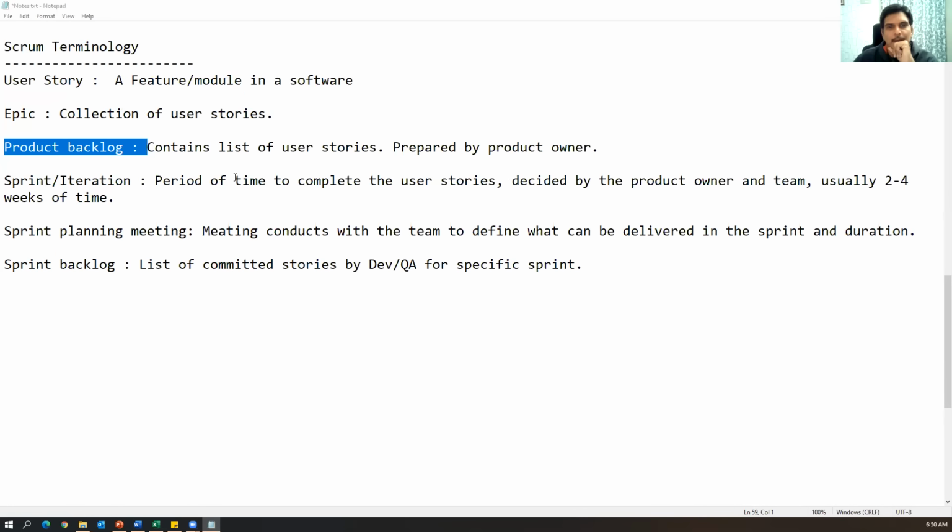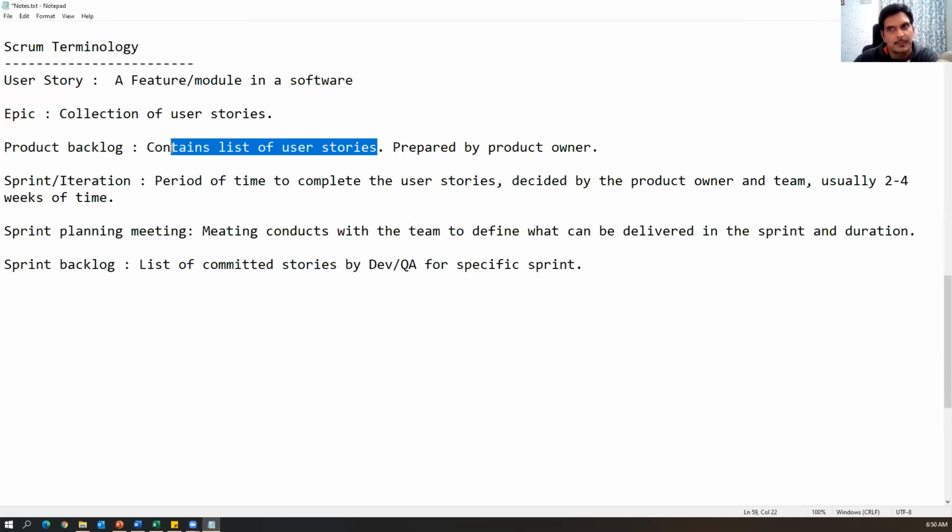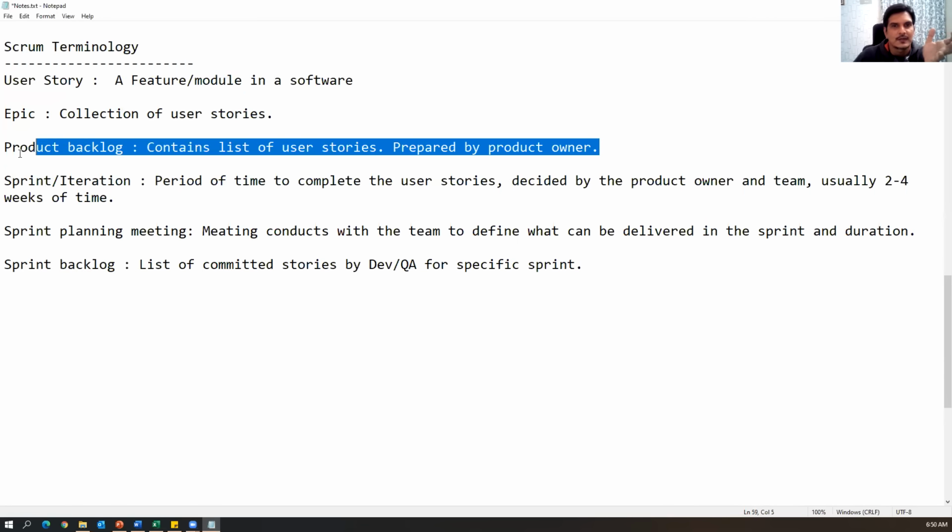So what does product backlog mean? A product backlog contains a list of user stories prepared by the product owner, which contains all the user stories. What is a sprint backlog? A sprint backlog contains the stories committed by dev and QA for a specific sprint. See this, guys. What the product manager will do is prepare all the stories in the product